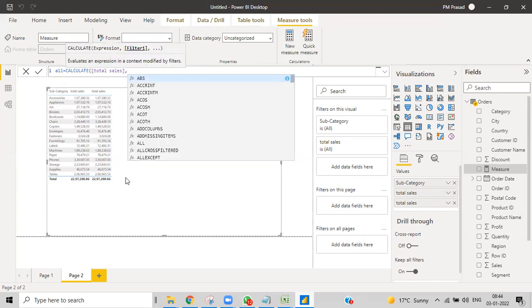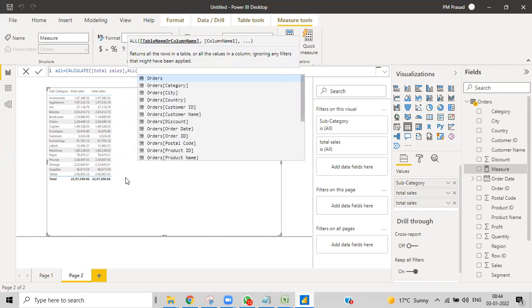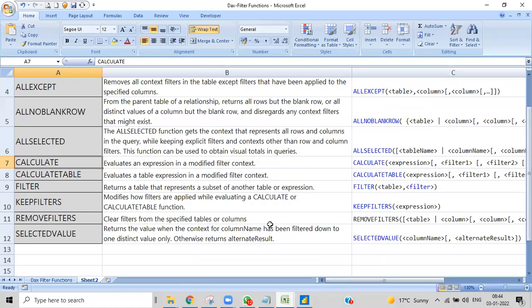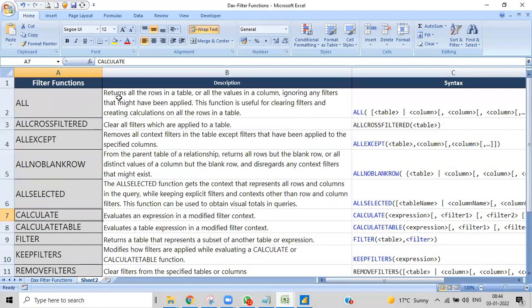Then comma. After that, I want to use my filter function. What I want to do right now is delete all the filters that are applied, so that I can get the total sales for each and every column. So, ALL. That is another function. In ALL, we can see that it returns all the rows in the table or all the values in a column, ignoring any filter that might have been applied.